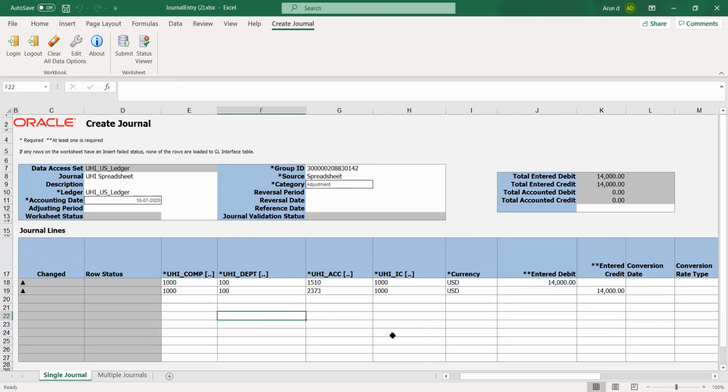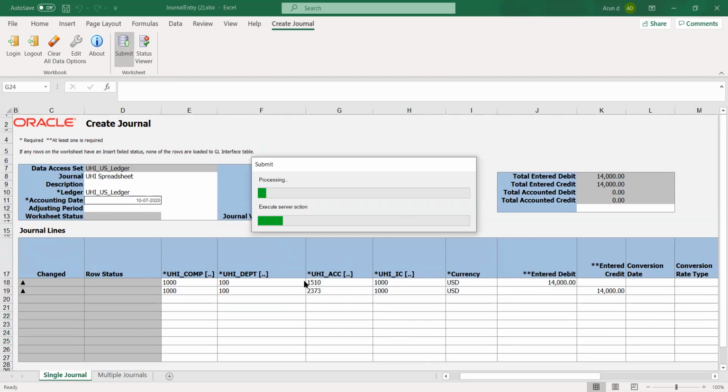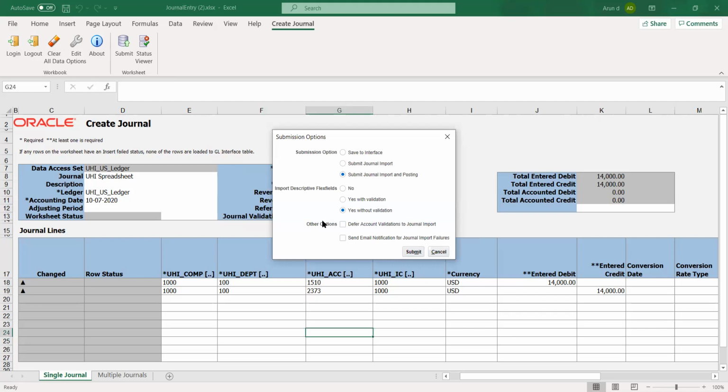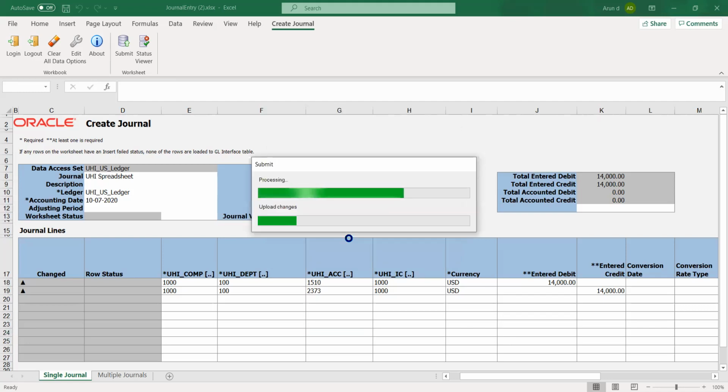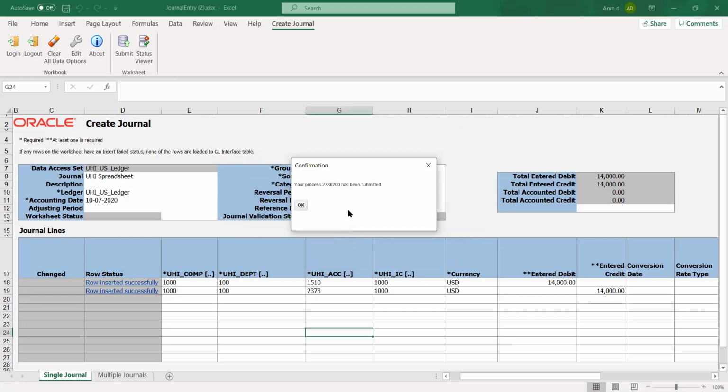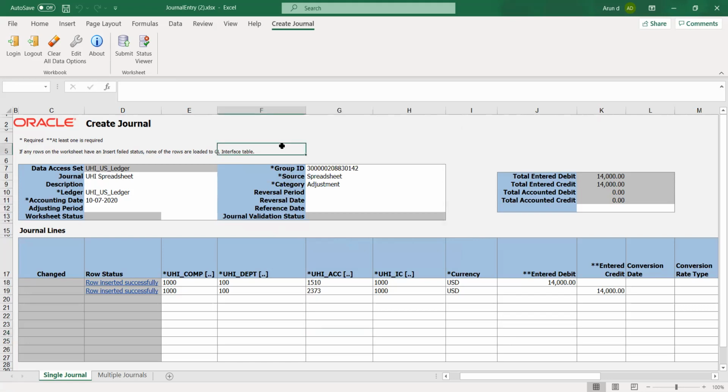So we have filled the mandatory details. I'll upload this. So this is the submitted concurrent program. We will just see the concurrent program and we can check in the application.